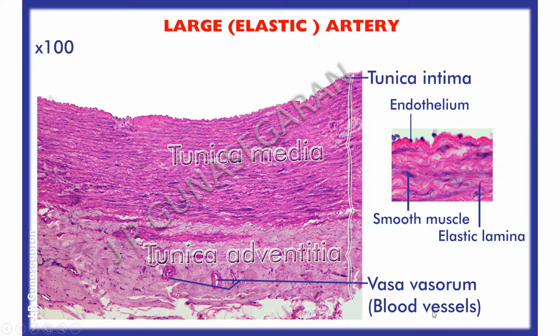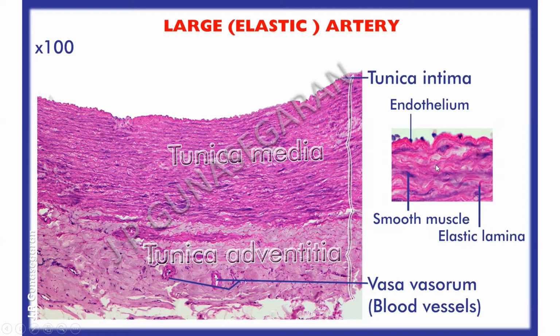This is a section of large artery. It is also called elastic artery because it contains many elastic laminae in the tunica media. This can be appreciated well under high magnification where they are seen as pink wavy refractile fibers. These elastic fibers allow the wall to expand during systole and to recoil during diastole of the heart, permitting a continuous and even flow of blood through the arterial channel distally.